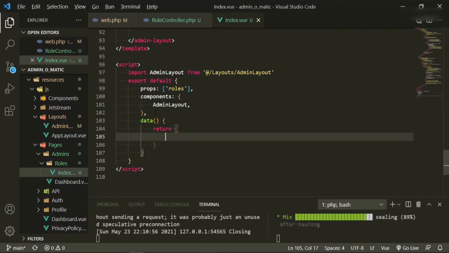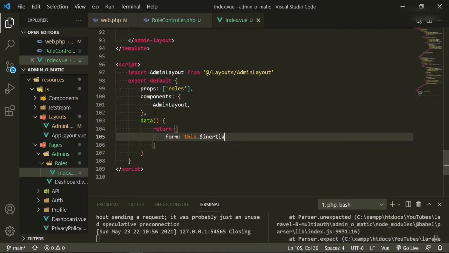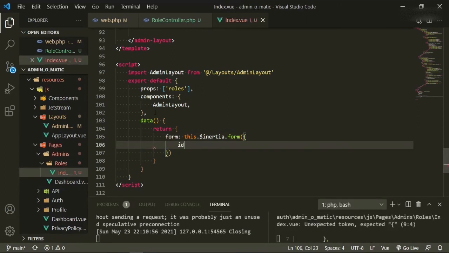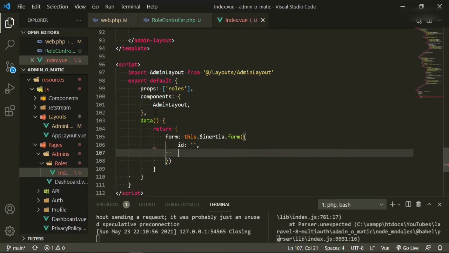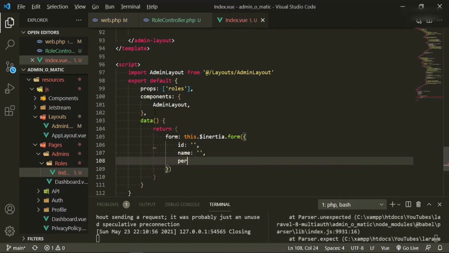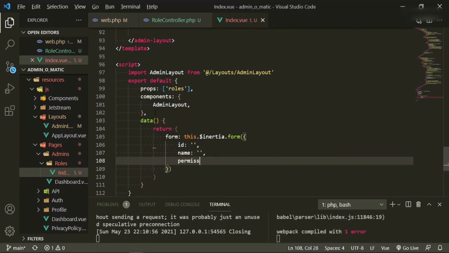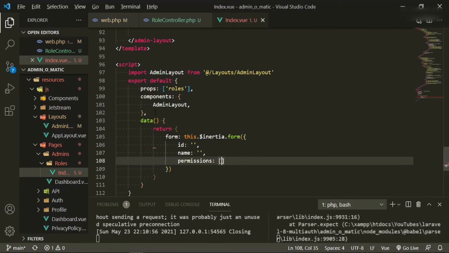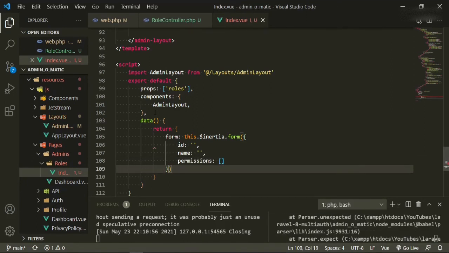And then we'll add the form. And it'll be this.$inertia.form. And then we'll need an ID, a name, and we'll have permissions here, but we don't have them just yet, so we'll just leave it like that,